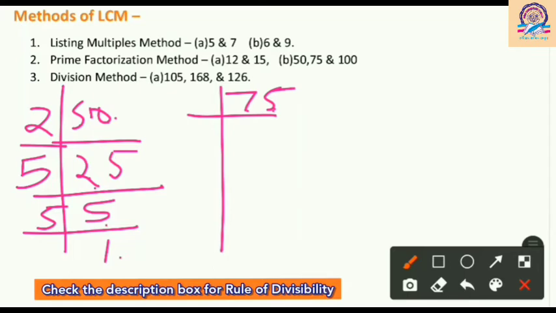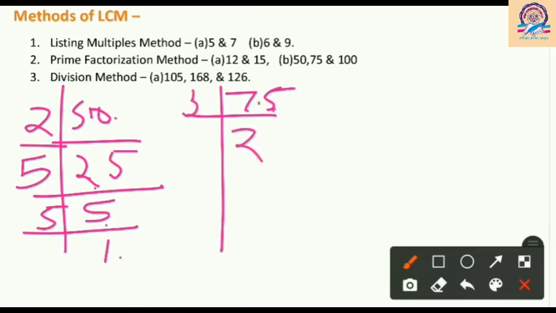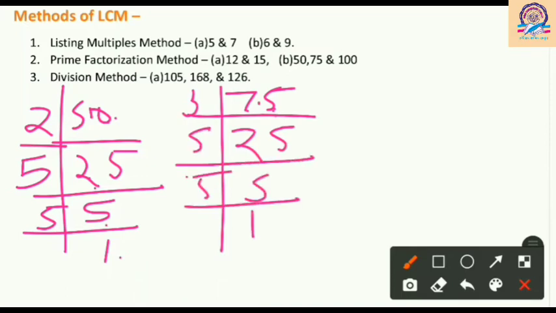Must watch that, then you can easily do all this division. So 3 times 3 is 9... 3 and 3 2 ja 6, 1 is remaining, means 15. Okay, so 3 5 ja 15. Now 25 is here, only 5 can divide: 5 5 ja 25 and 5 1 ja 5.